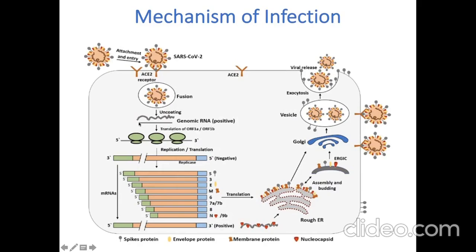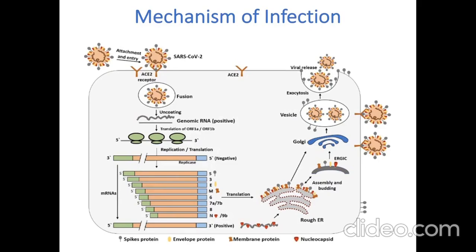Once the genome is exposed inside the cytoplasm, it uses the host machinery for translation and translates all those necessary genes that are required for producing the viral RNA particles, its propagation and its spread, and the viral protein particles so that it may take